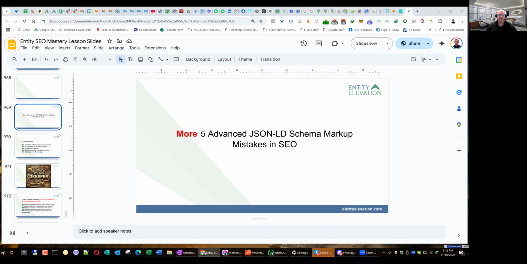So one thing to keep in mind as I go through these next 5, this is going to be a bigger video where I'm going to go into some more detail, give you some coding examples and things like that. But keep one thing in mind: I still consider the implementations I show you in the coding examples very, very basic. This is just to illustrate the concepts. As you know, we go very, very deeply into our schema implementations and methodologies and break a lot of rules, but for very specific, precise reasons and understanding why we're doing so inside things like our mastermind. So, with that being said, let's jump into the next